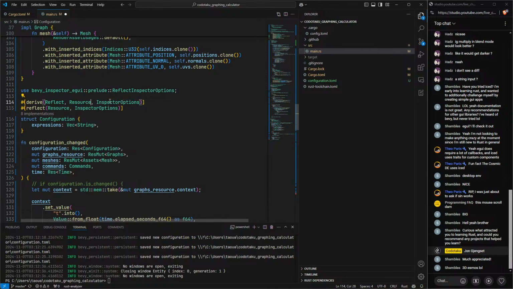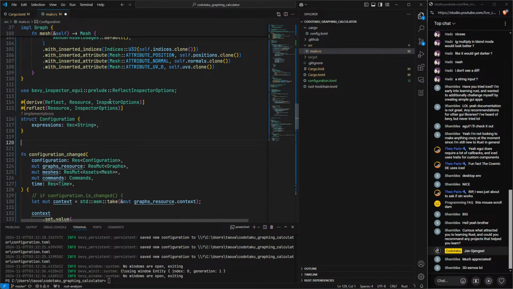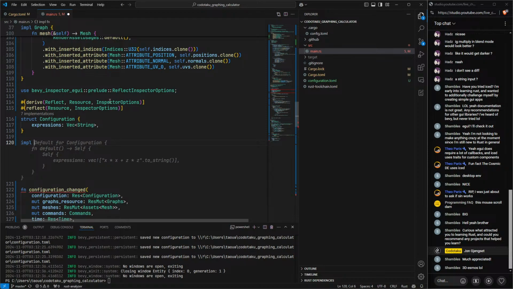Okay, so can I do this and then implement default, and then I can give it some expressions here essentially. So like, for example,